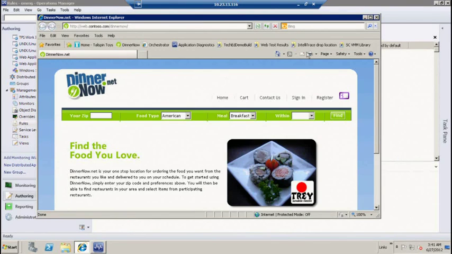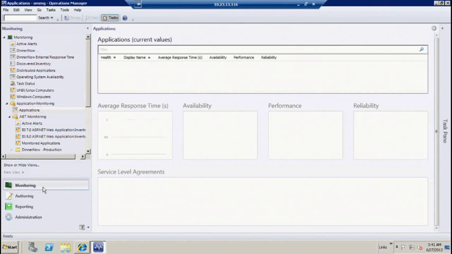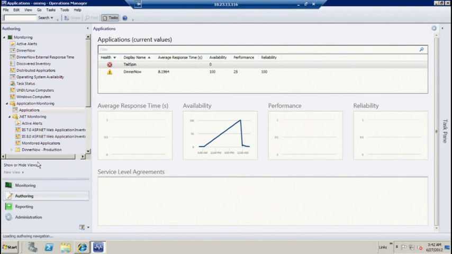So if we think about those various aspects of monitoring we talked about in the slide, we talked about availability, we talked about performance and reliability, and then we talked about diagnostics. What I want to walk you through is how you can configure each of these aspects and then bring them all together. So if we start with availability,